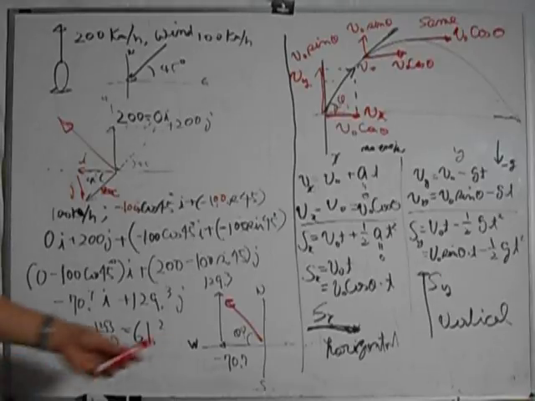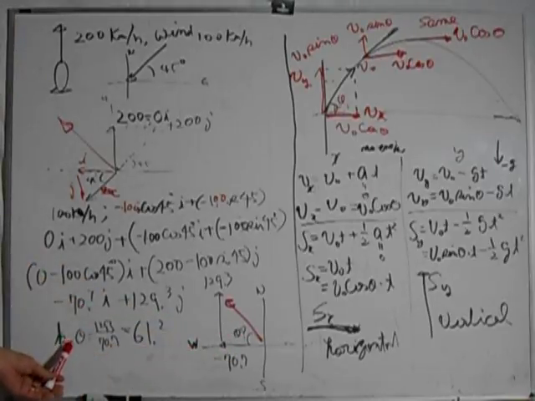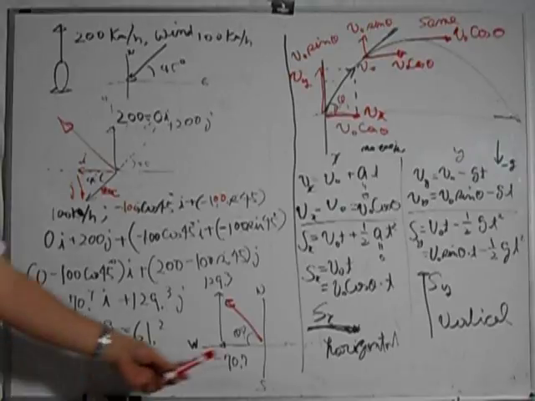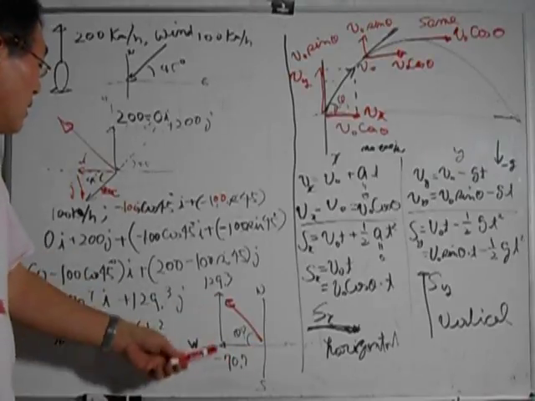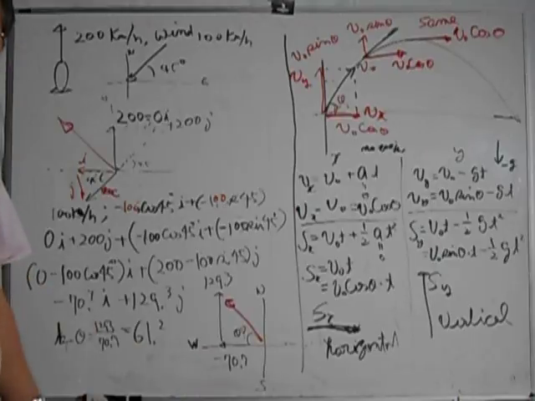So what is the angle for this? We're going to use tangent trigonometry. So tangent looks like this, right? If you're not familiar with this sine and cosine, please visit